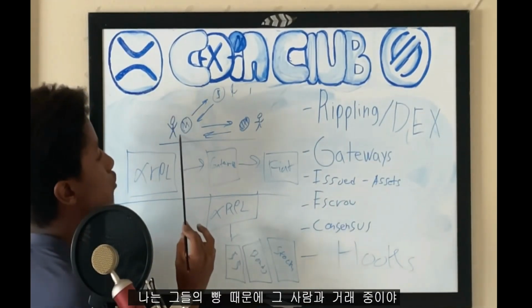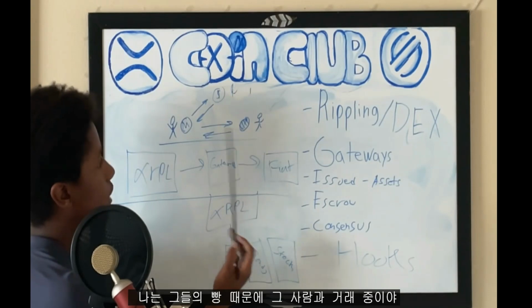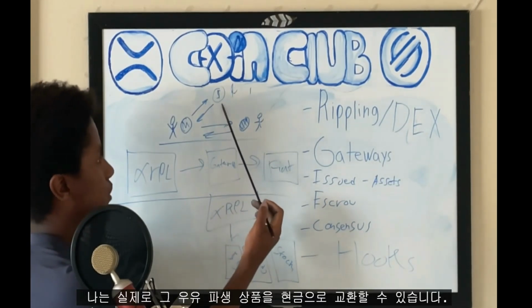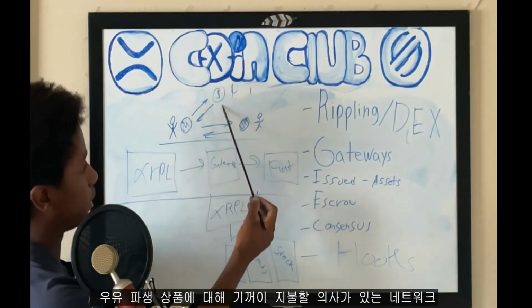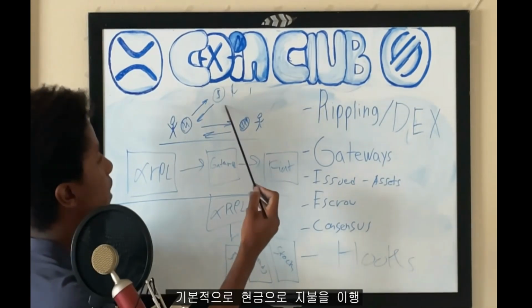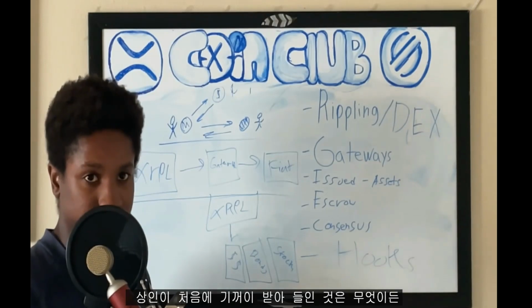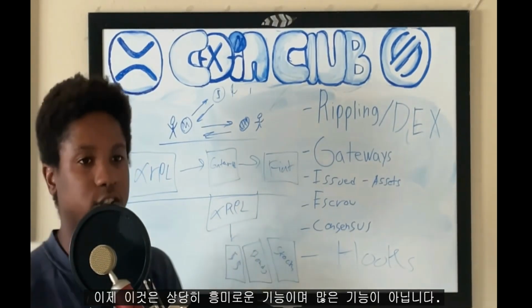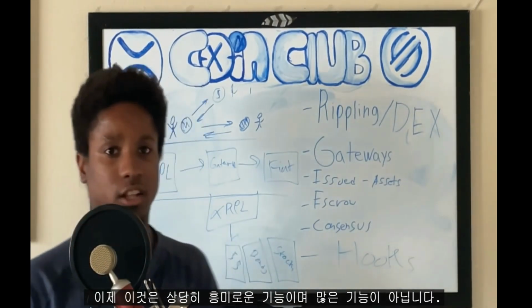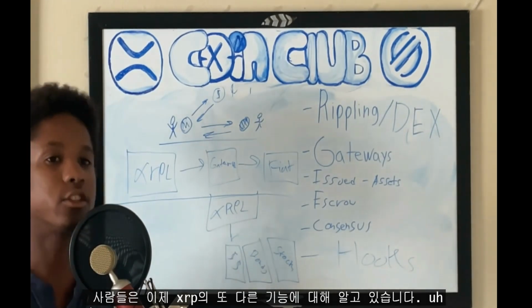So while I'm in mid-transaction with the person for their bread, I could actually exchange that milk derivative for cash for somebody on the network who's willing to pay for the milk derivative, and then fulfill the payment in cash with whatever the merchant was willing to accept in the first place. Now, this is quite an interesting feature, and not a feature a lot of people really know about. Now, another feature of the